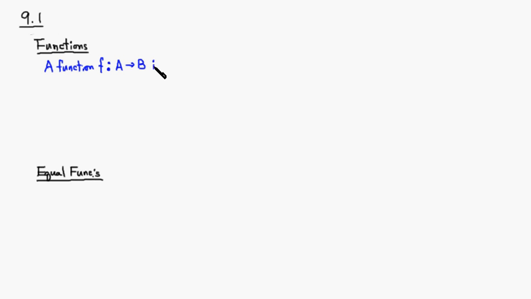Is simply a relation from A to B, which means that f is going to be simply a subset of the Cartesian product A cross B. Right? So a function is a kind of relation such that,